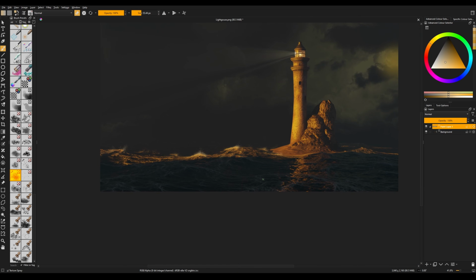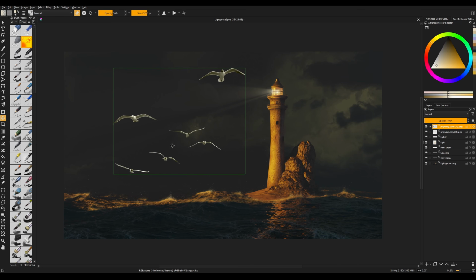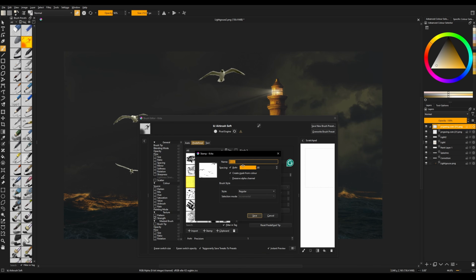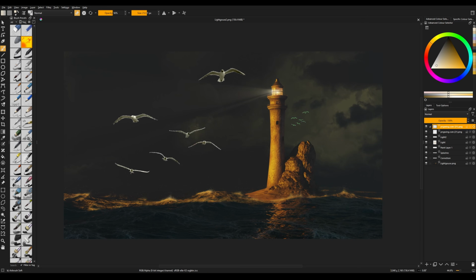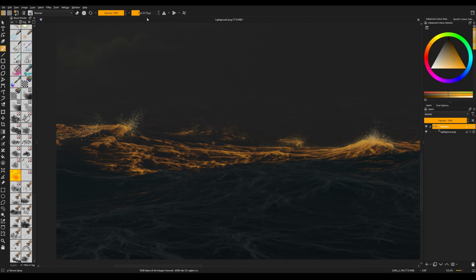I just found an image of birds and dropped it into Krita. Select this layer, and everything I need to make a brush from this image is to go to brush settings, brush tip, predefined, and here I can press stamp. That means I want to make a brush stamp from this selected layer, and this one is already available as a stamp for all brushes. Honestly, it seems to me that Krita is a much more creative tool than Photoshop. I'm still experimenting and learning new tools, but it seems like that.